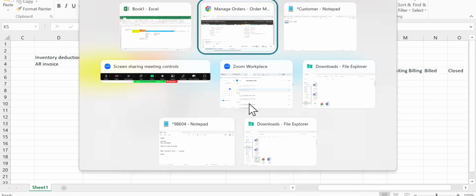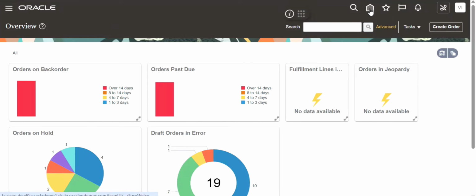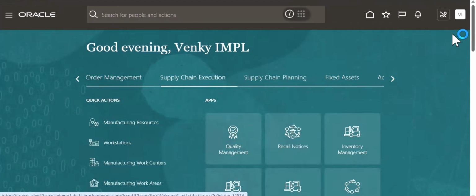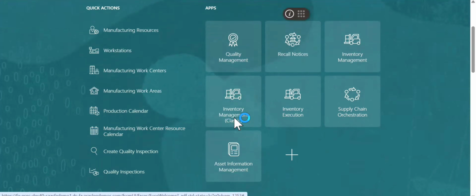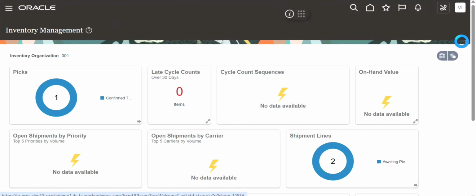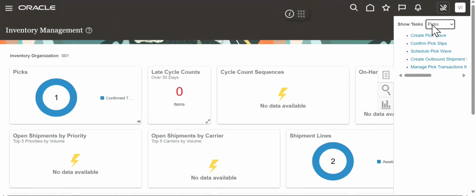Okay, so now what I need to do is pick my order. This is my order number. To do the picking and shipping, where do I need to go? I need to go to shipping execution. Once you come to shipping execution, go to the inventory management classic window. There you can do the picking in different ways. I'll perform one of them. Either you can go to show tasks as picks and create a pick view, or otherwise you can go to shipments, then the shipment lines,